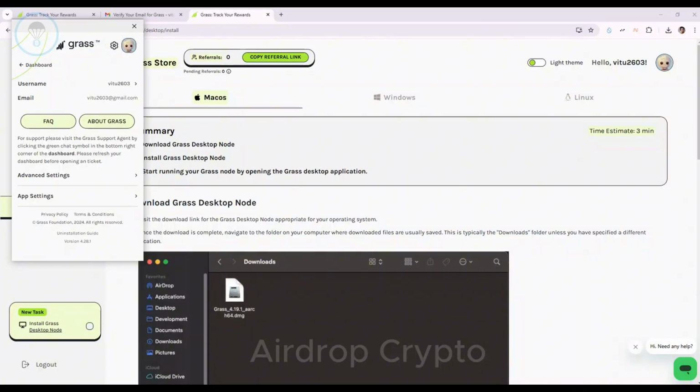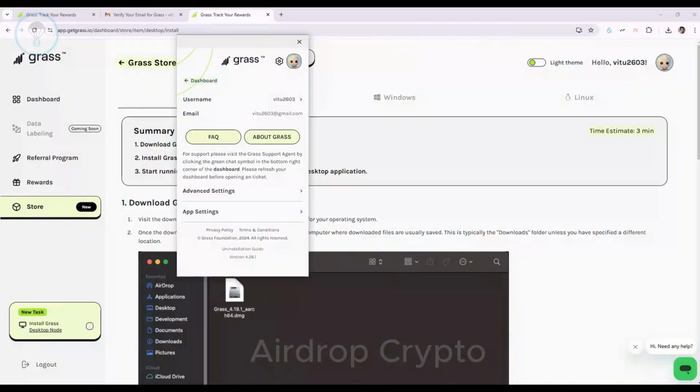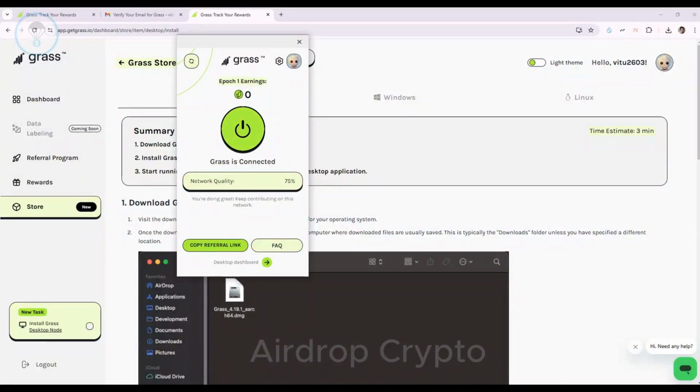The initial dashboard interface will display along with an Internet status utility. You can check your daily earned Grass points by selecting the utility and clicking Open Dashboard. Grass points can potentially be converted into Grass tokens in the future.